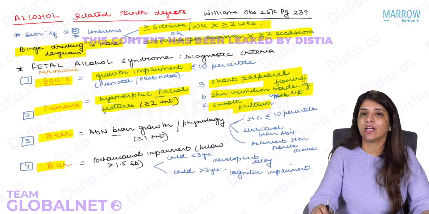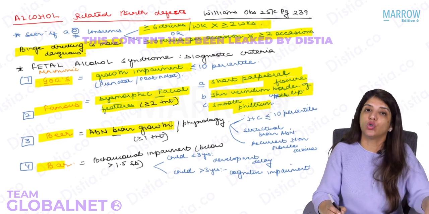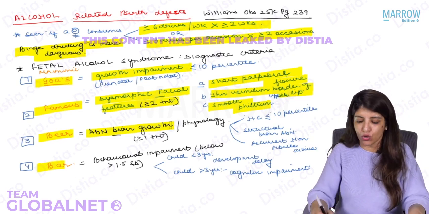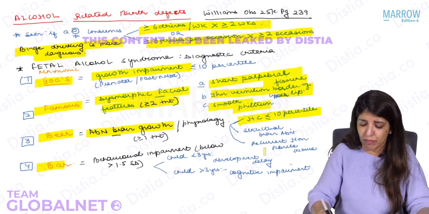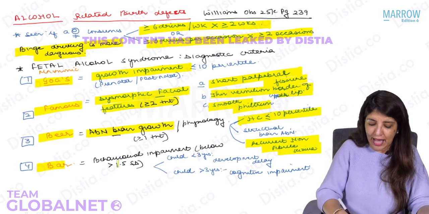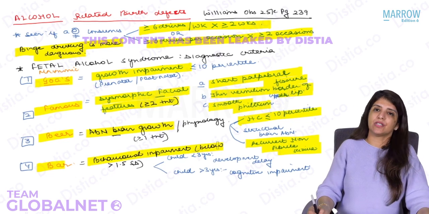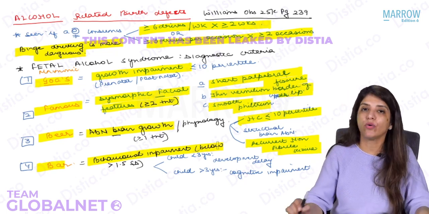Then the third thing they are going to tell you is that the baby's head circumference is small, right? So there is abnormal brain growth or physiology, right? So the head circumference of the baby is small, or once the baby is born, there can be recurrent non-febrile seizures, and behavioral impairment is there. So your clinical vignette is going to come in such a manner that they are going to tell you about